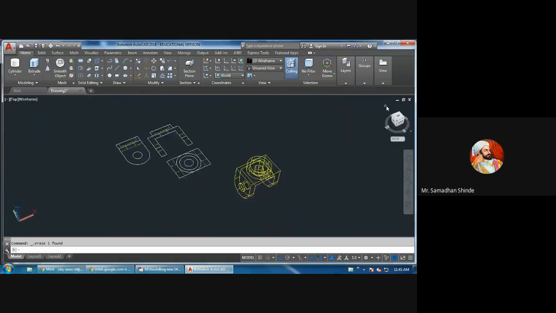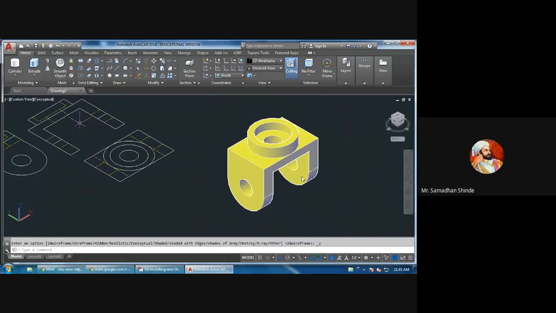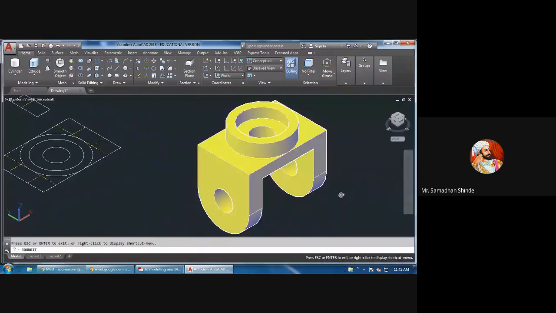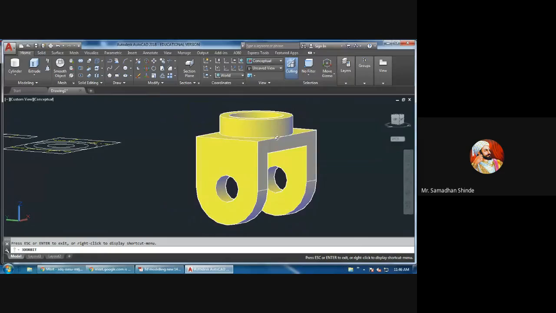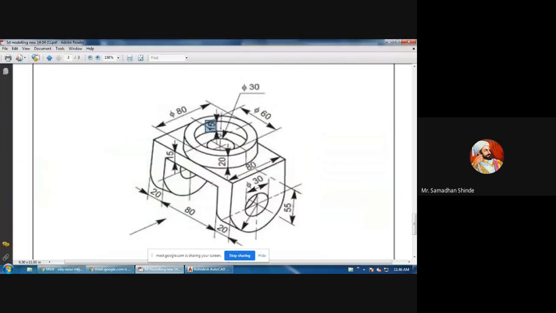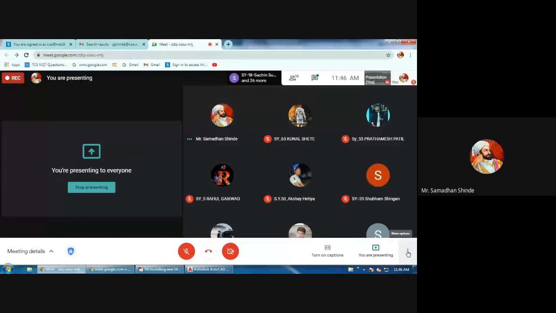So this was our object. You can draw any object by applying your logic, by applying your mind. Many more things are there in this. This one object is also simple, but it will take time. Once we get time, maybe if there is 1 hour overall, then we can also